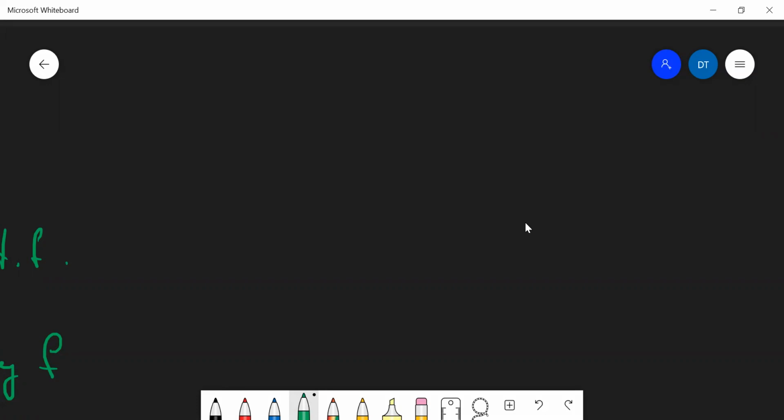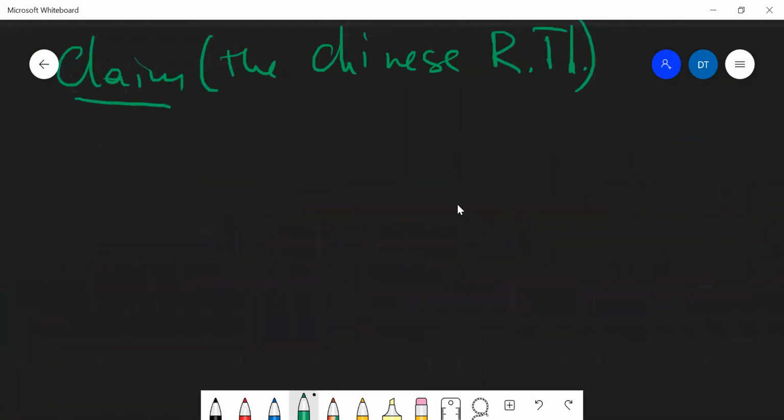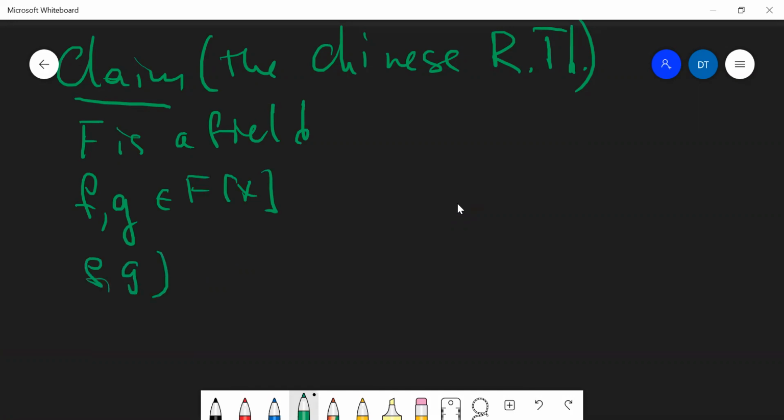So now let me formulate another result. Another result is the Chinese remainder theorem for polynomials. So, claim: the Chinese remainder theorem. Suppose, as usual, F is a field. Now F and G are co-prime polynomials. Then,